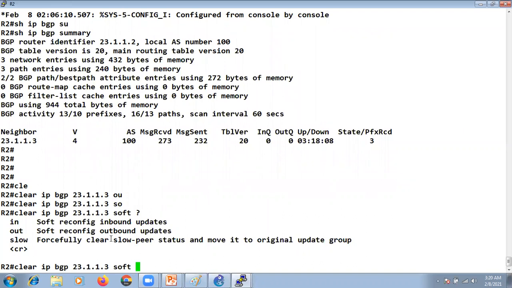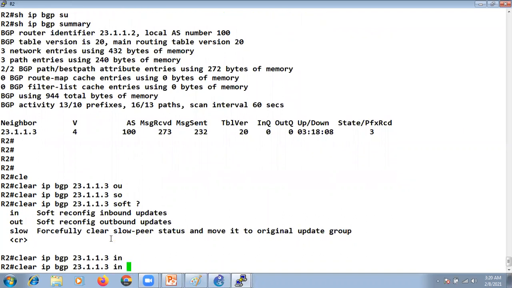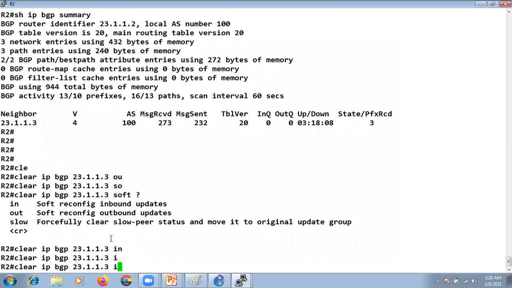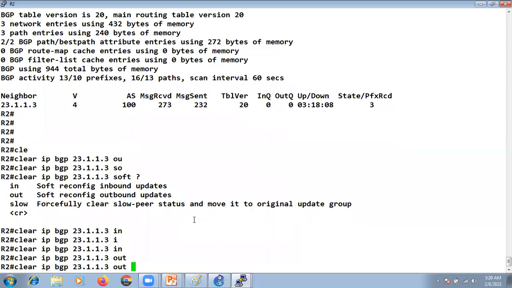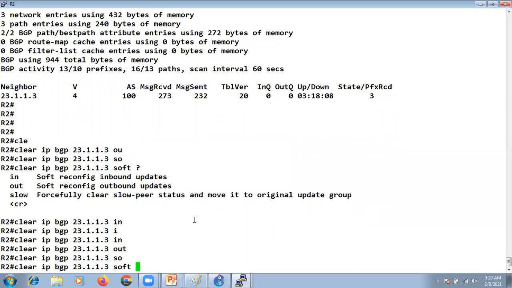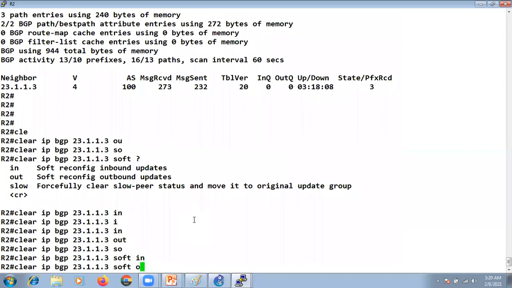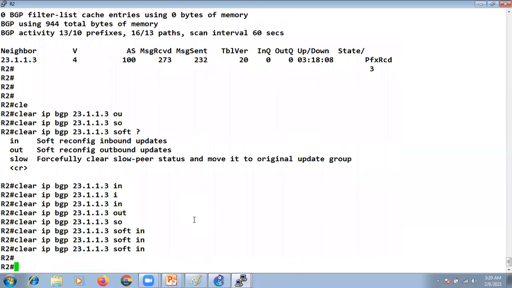I can also just say in, it will refresh the incoming updates. I can only say out, it will refresh the outgoing updates, or I can do soft in or soft out. It will have the same effect. So now I'm receiving the updates from R1, so I'm refreshing the incoming updates.